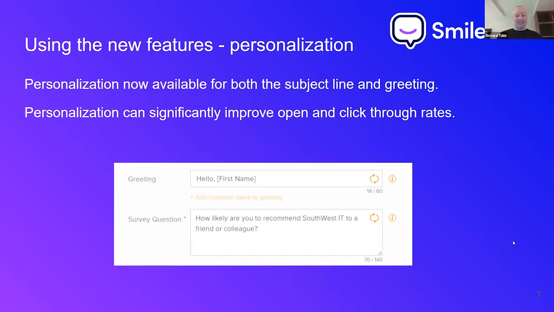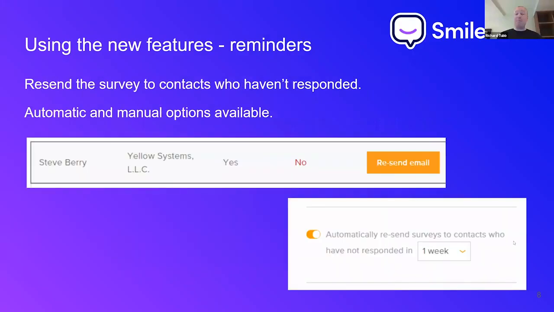So we had a question earlier on, didn't we, about how can we and how often should we be prompting people after we've sent NPS to them? How often should we chivvy them or prompt them to get in touch? And how can SmileBack help us with that? Yeah. So another